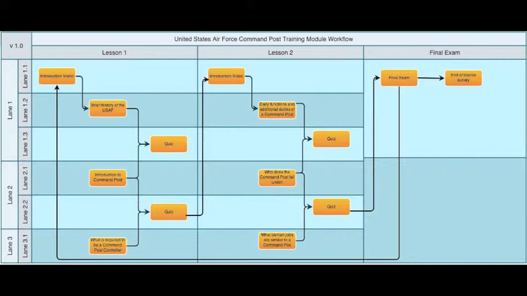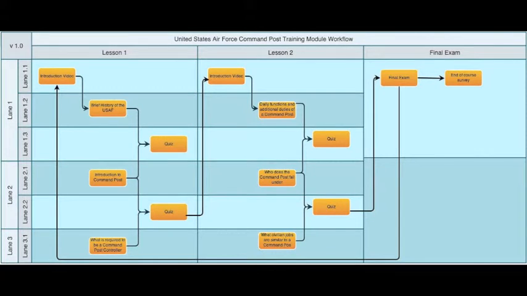In lesson 1, we'll start with an introduction to video, a brief history of the Air Force, a quiz, followed by an introduction to command post, followed by another quiz, and then what is required to be a command post controller. Now if the learner passes all quizzes successfully, they can move on to lesson 2, which starts off with an introduction to video,